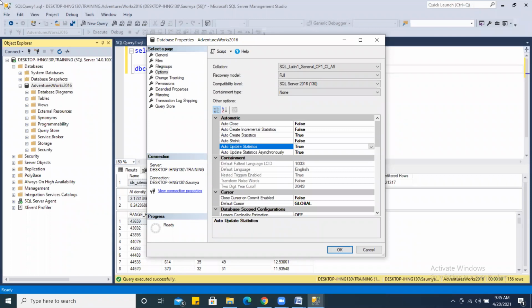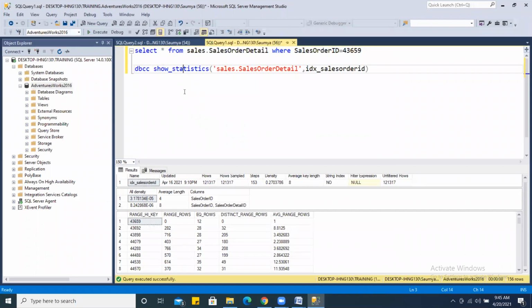Now, modification of 2 lakhs of rows may take a month, or 2 months, or 3 months. So will you wait that long to update your statistics? The answer is no. So what is the best practice? You should keep your statistics updated on a weekly basis, so that you will always have updated statistics in your table, and your query response will always be faster. Any questions so far on what we have discussed?